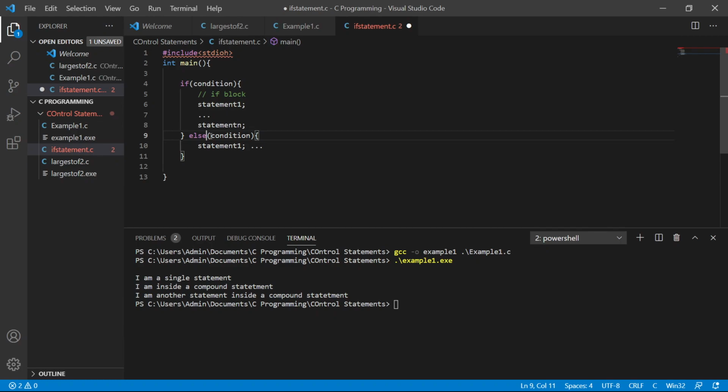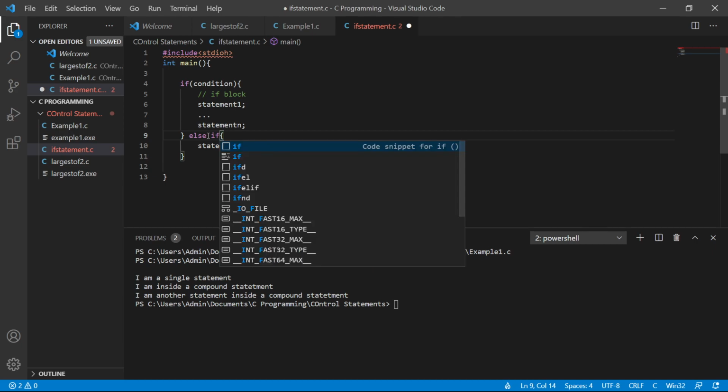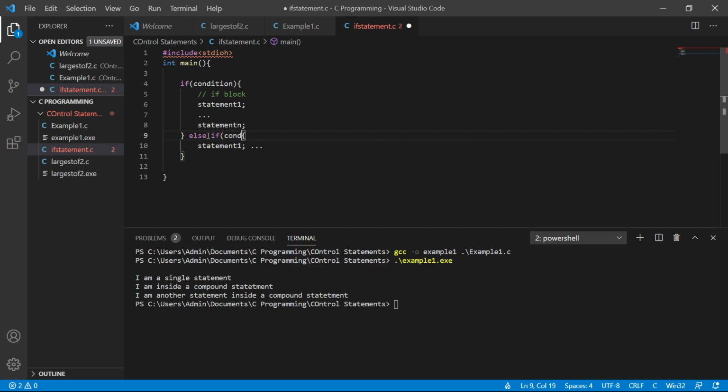Else takes no condition. This is the opposite. If this is not true, meaning it is false, so this automatically is the opposite of this. But if you want to test another condition, you must use else if, then condition. For example, let's say we are